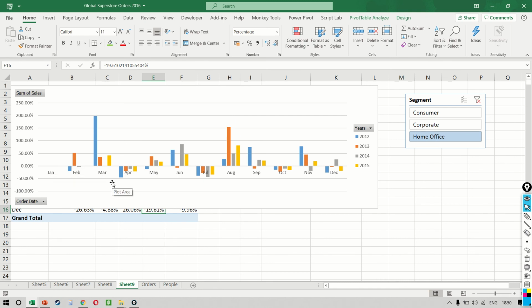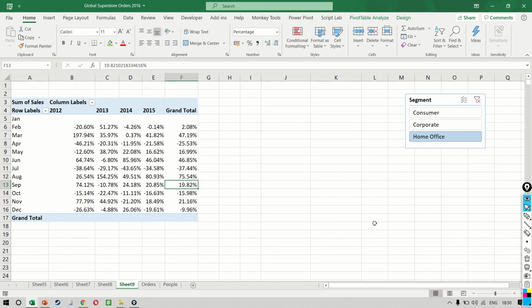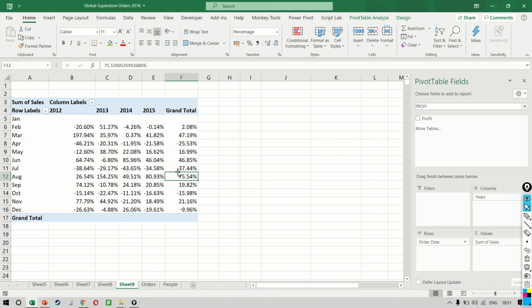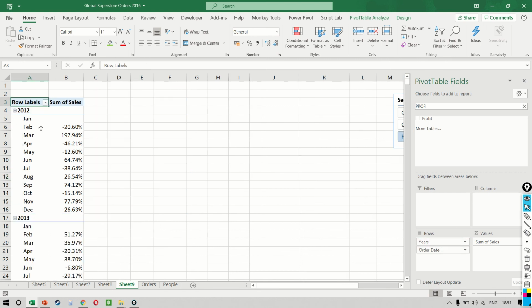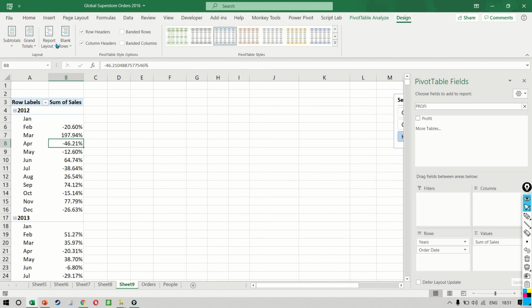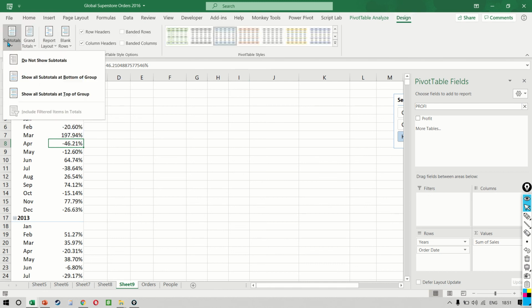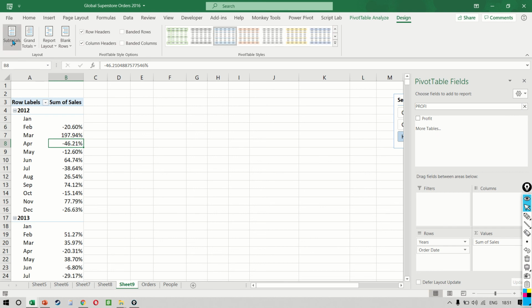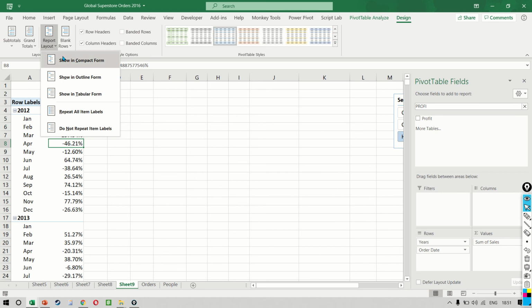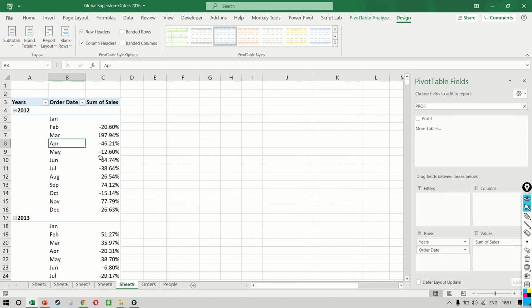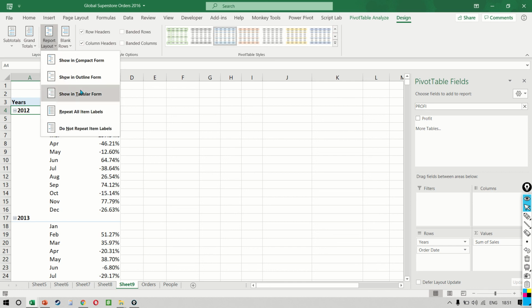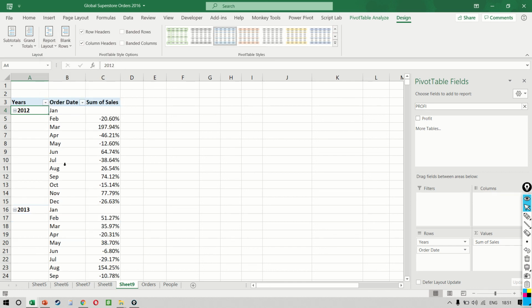Now imagine you wanted to do this for all the years as one long period. To do this, I will keep my year in my rows. We will show the data like this. And we will go to design, report layout. Oh, sorry, we will go to subtotal and then we will turn off the subtotal. And then we also want to say that in our report layout, we want an outline form. So it looks like this, but then why is this 2012 still coming? Think about it. If we select a tabular form, then you notice the data comes like this.